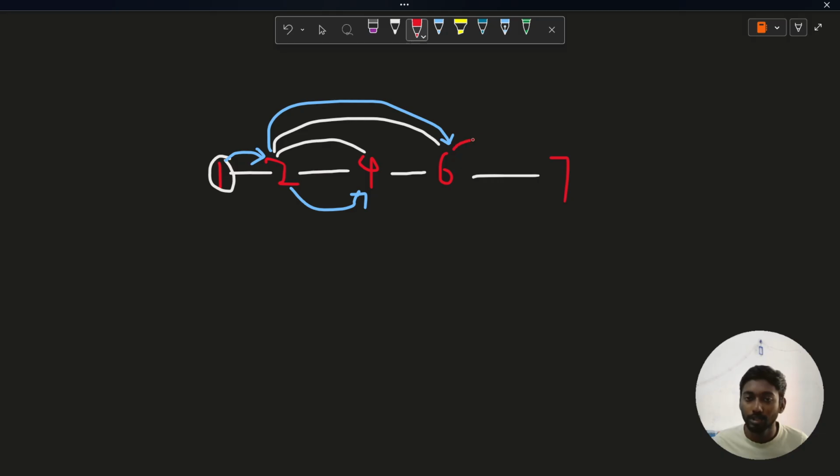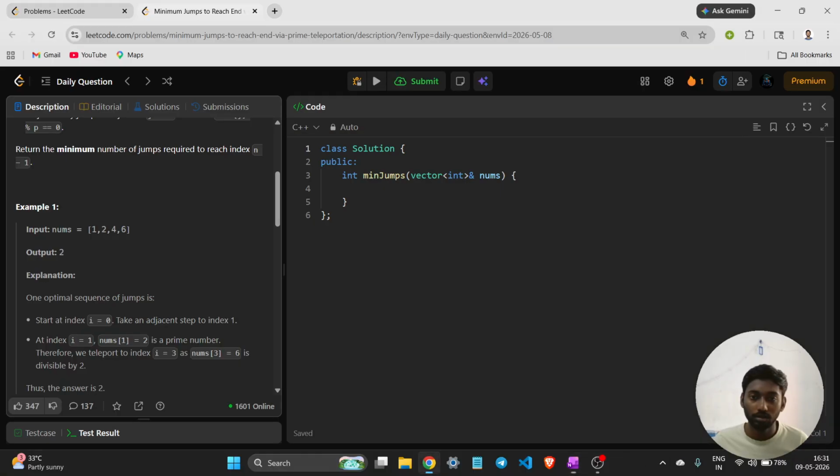Then after we pop 6, we will get 7. So the answer will be 3. So what we are going to do, we are not going to construct any edges, because that might cause so many edges in the graph. But we are going to, without creating any edges, just simulate the BFS traversal process, and we will find the answer. So let's go here,